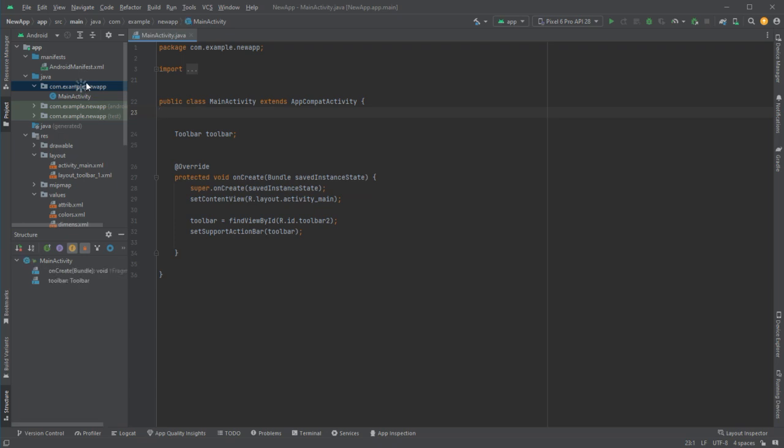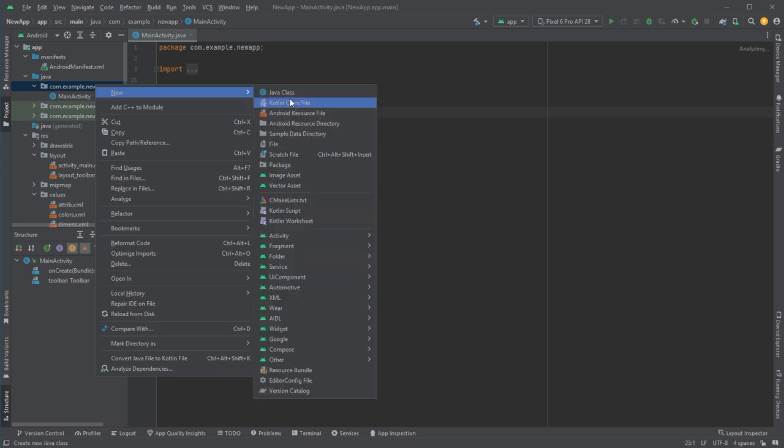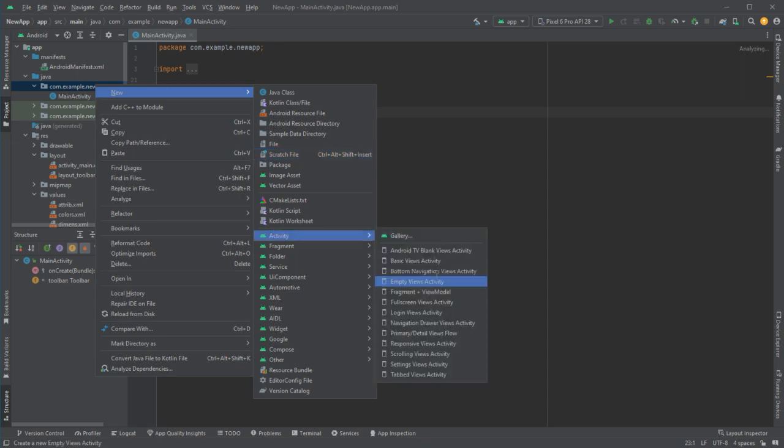In main activity I will accept the information of the user, and then show that information on the other activity by passing data from one activity to another. I will click empty views activity,